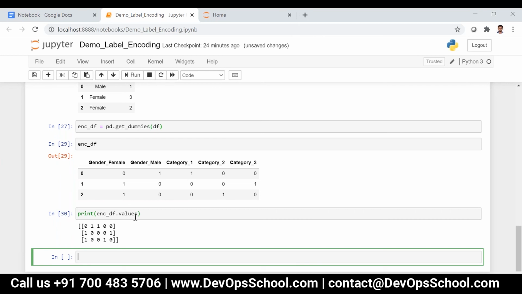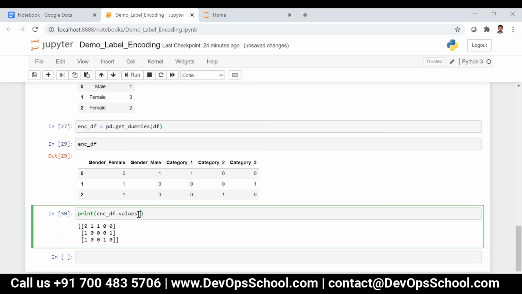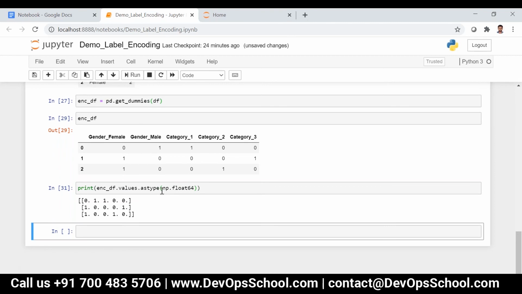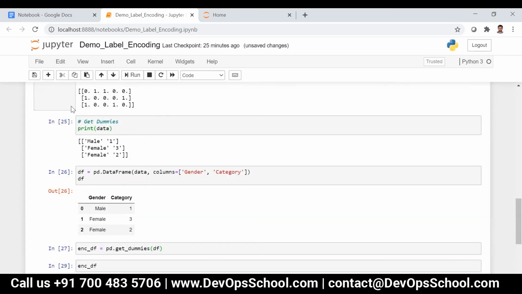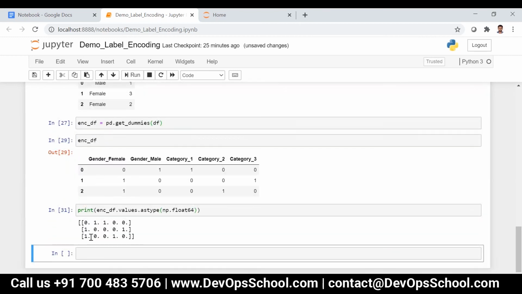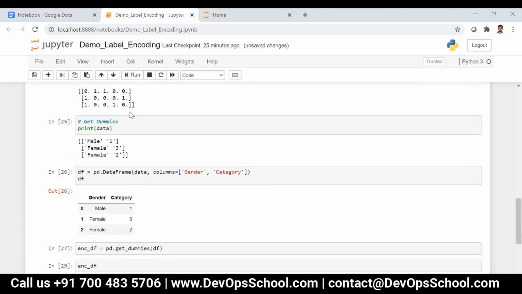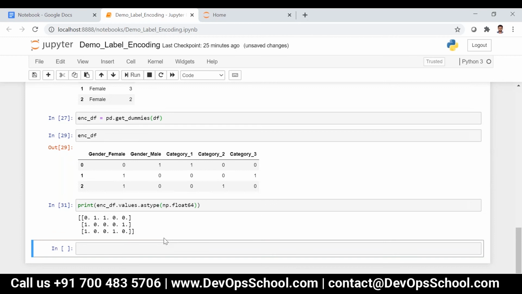And if you want, you can convert it with astype np.float64. Now you can see the same output: 01100, 01100, 1001, 1001, 10010, 10010.